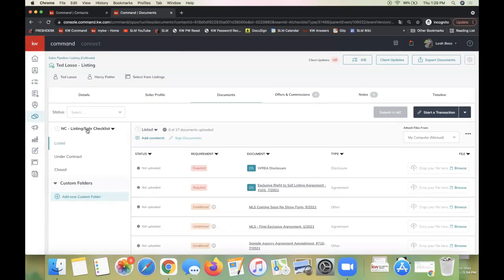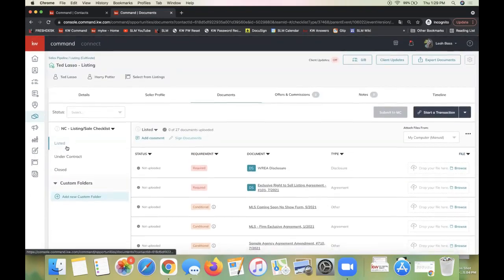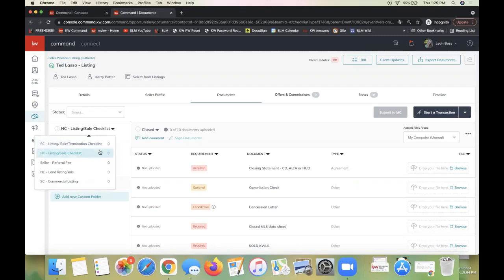And again, these checklists on the left-hand side are showing you all the forms that you are required to have in each stage of the listing or buyer transaction, right? So in this case, listed, under contract, and closed are my options on the left-hand side. Now this is set up by your Market Center staff, so your checklist will of course be different than mine,